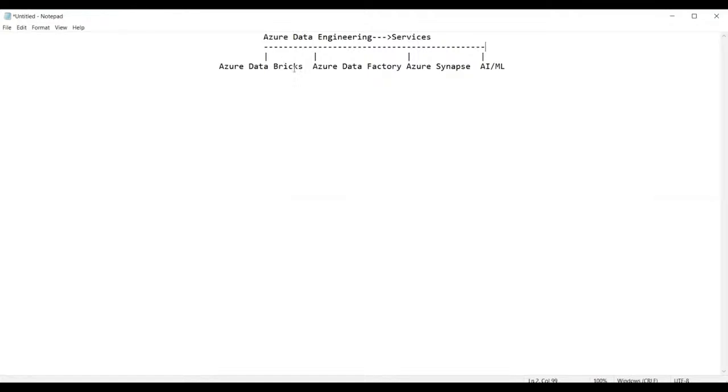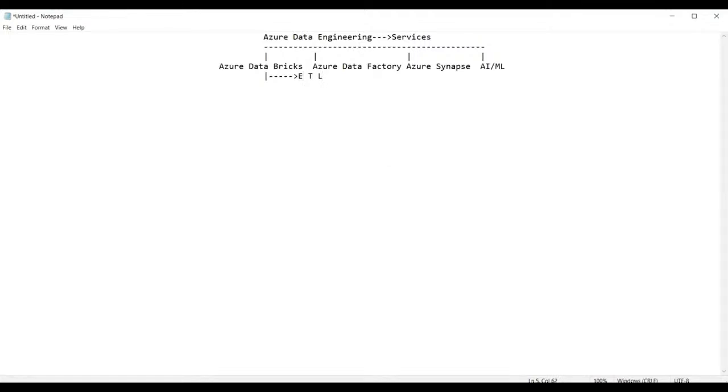Now, guys, what is Azure Databricks used for, and what is its purpose? This service called Azure Databricks is provided by Microsoft to perform the job of ETL. So, guys, what is this ETL?